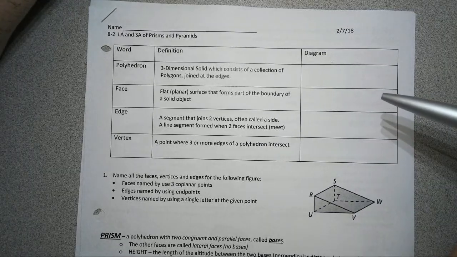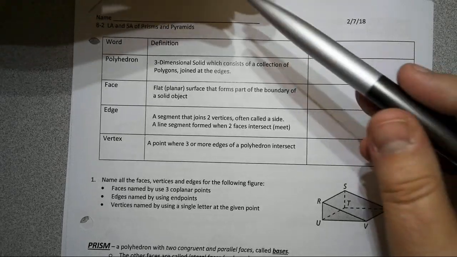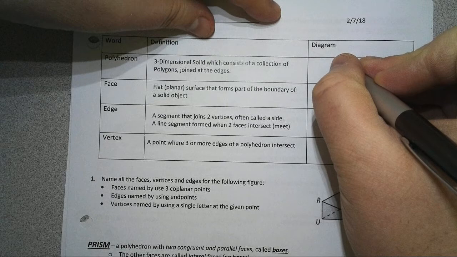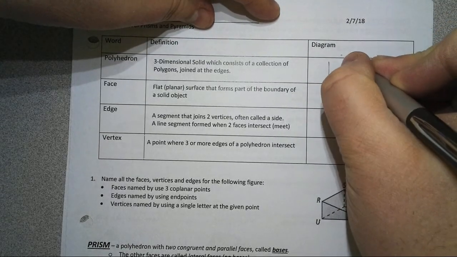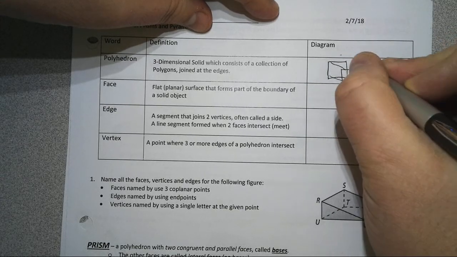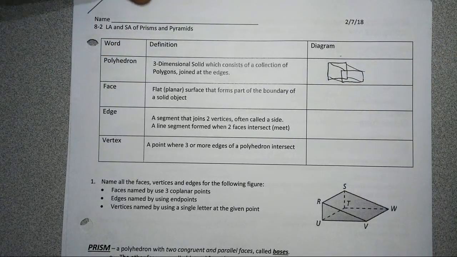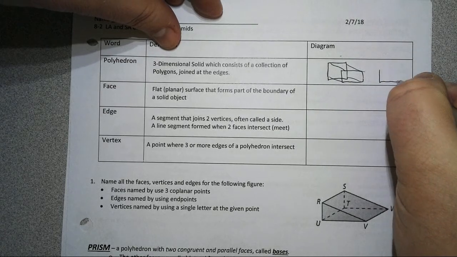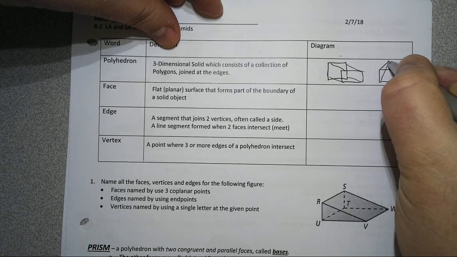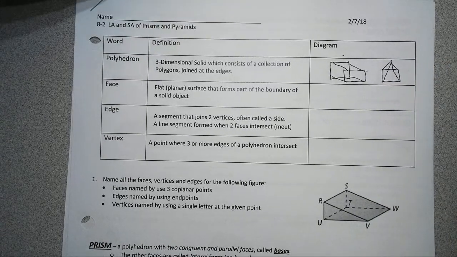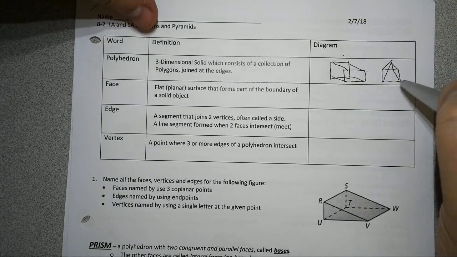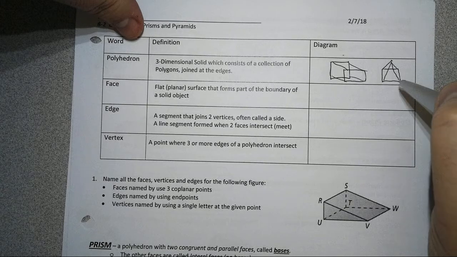Okay, so polyhedron. A polyhedron is a fancy word for three-dimensional shape. If you want to draw yourself a prism, you can just do a rectangle, which is the base. The rectangle comes inside of it, and then you just connect the corners, and there's a prism. Pyramids are like a square, and then you put a dot up above it, and then you just connect that dot to the four corners, and you can make yourself a pyramid. Remember, you're doing a three-dimensional shape in 2 dimensions, so it might be kind of hard to get your head around it, but